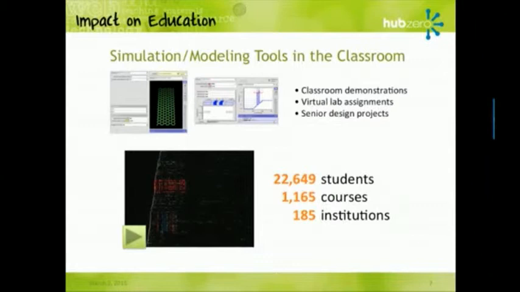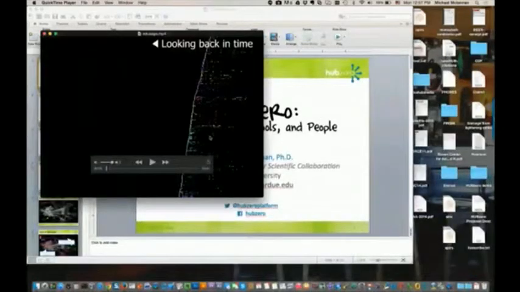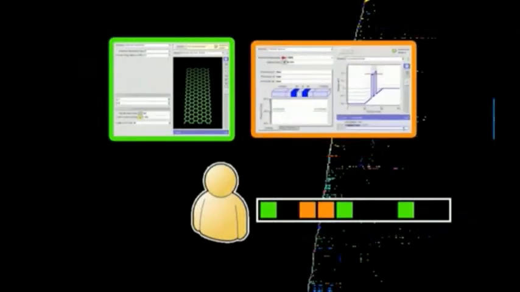And so far, we found about 22,000 students that have used nanoHUB like this in class at about 185 institutions so far. And again, it's interesting to see how we figured that out because surveys aren't really going to cut it. So I have this little video that kind of shows you some of the data. So this is kind of a history of what people are doing on nanoHUB. Each line in this video is a person. So if we look up at one of these lines, think of that as a person. The green dot represents a particular tool, the orange dot represents another tool, and you can see their pattern of activity over time. There's a time when they joined the site and then what they did with various tools.